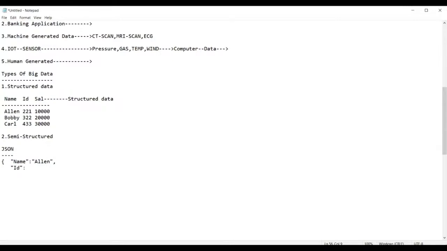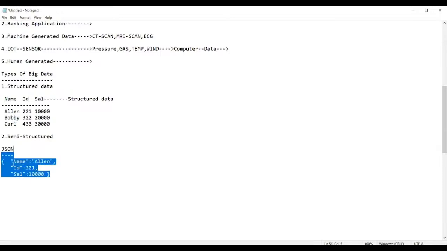ID. Then use it as it's numeric data. Now you can place it normally. Again, under this, what do we have? Car. That is salary. This is also numeric data, so you can leave it as it is. Do not place it under this. And finally, after this is done, the data is closed with the braces.